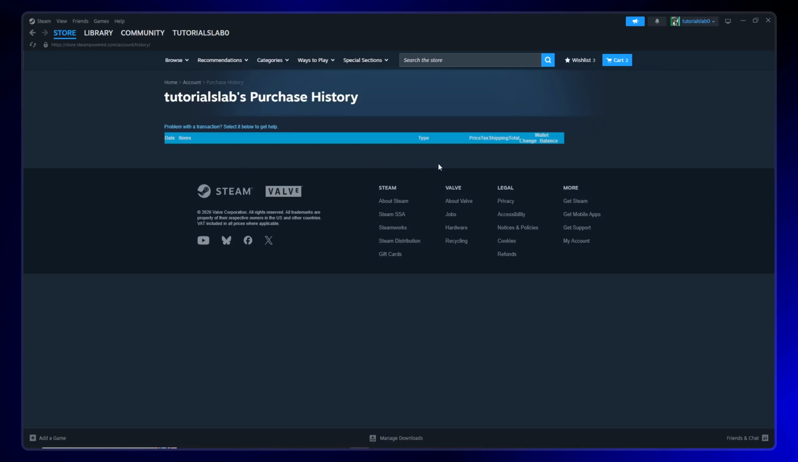This list includes every game you've bought, along with the exact date and time of each purchase. You'll also be able to see the payment method you used for each transaction, whether it was a credit card, PayPal, or Steam Wallet funds. Additionally, the price you paid for each item will be clearly displayed, giving you a complete overview of your spending